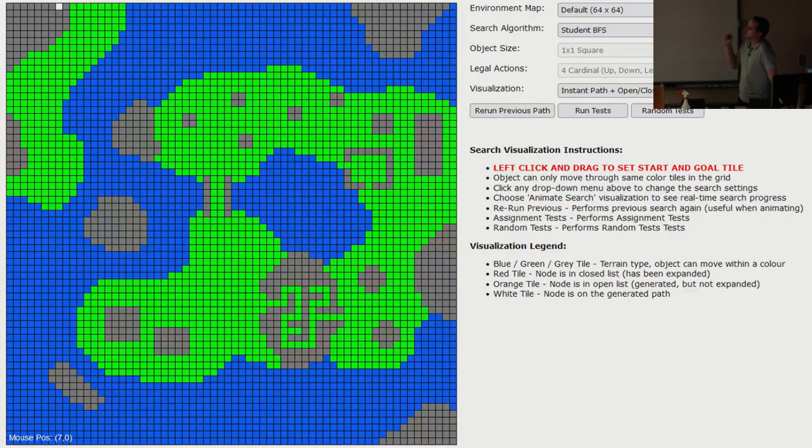In most XY coordinate spaces that you've seen in mathematics, x0, y0 will be down in the bottom left. However, in most graphics applications, and this is no exception, x0, y0 is in the top left, x grows to the right, and y grows down. So y gets bigger as we go down toward the bottom, and so this is 64 by 64 tiles,